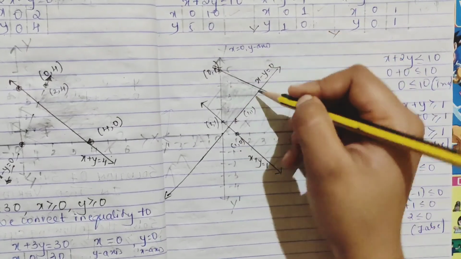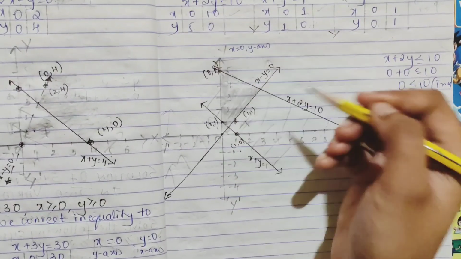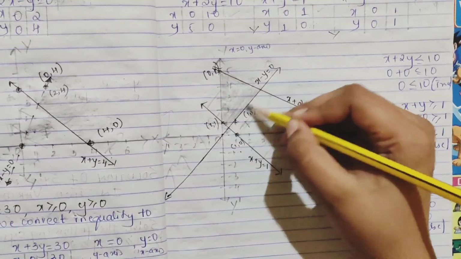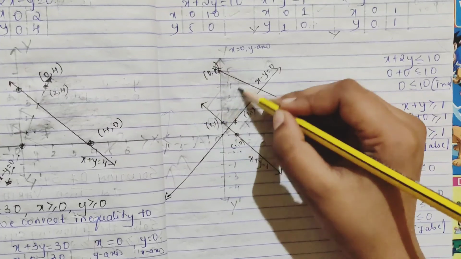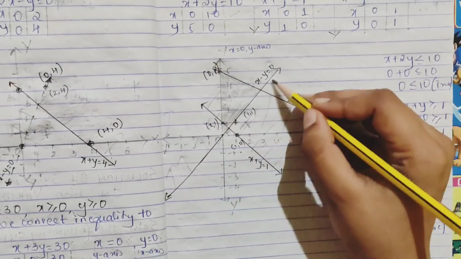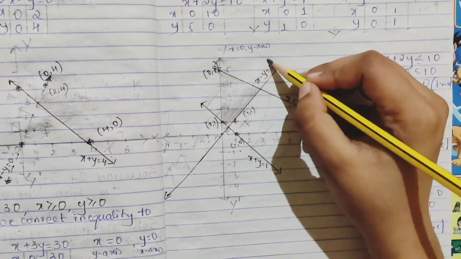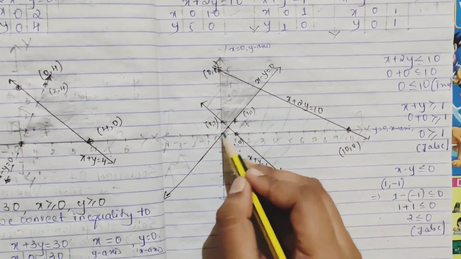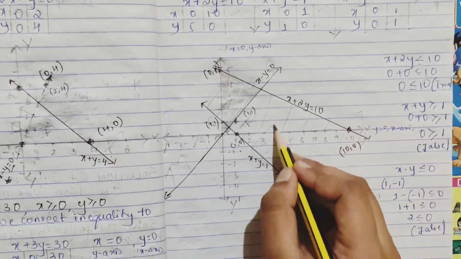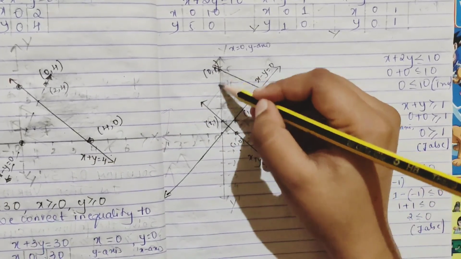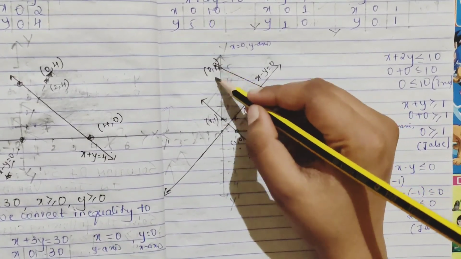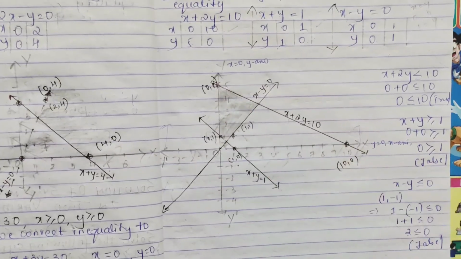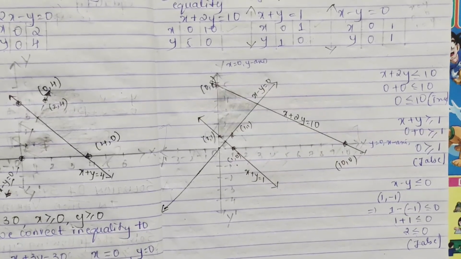This is your visible region, and it is bounded. Because if you take this line, this is the visible region. If you take this line, this is the visible region. If you take this line, this is the visible region. If you consider x positive, this is the visible region. If you consider y positive, this is the visible region. So your common point, everything, it holds this part. So here you can shade it. See, like this only you have to shade, and you just have to find the common part of everything.